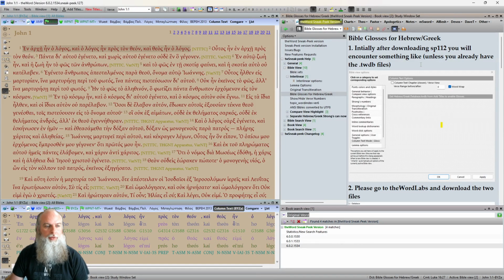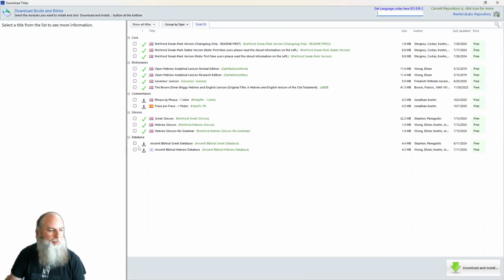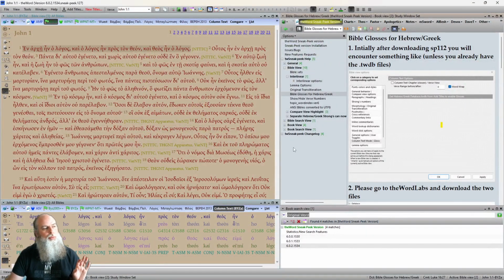This is where Steve, a gentleman named Steven, and another, Mr. Pagontes, I'm not saying his name right, helped develop this using a database. And those databases, if you don't already have them, are right in here. Unfortunately, at this point, they don't indicate a green check if they've already been downloaded. But there's a Hebrew and a Greek database. Okay, and the Hebrew one is from another resource that's more like a Creative Commons, and so it's free to use. In fact, if you would like to see that, let's go into,